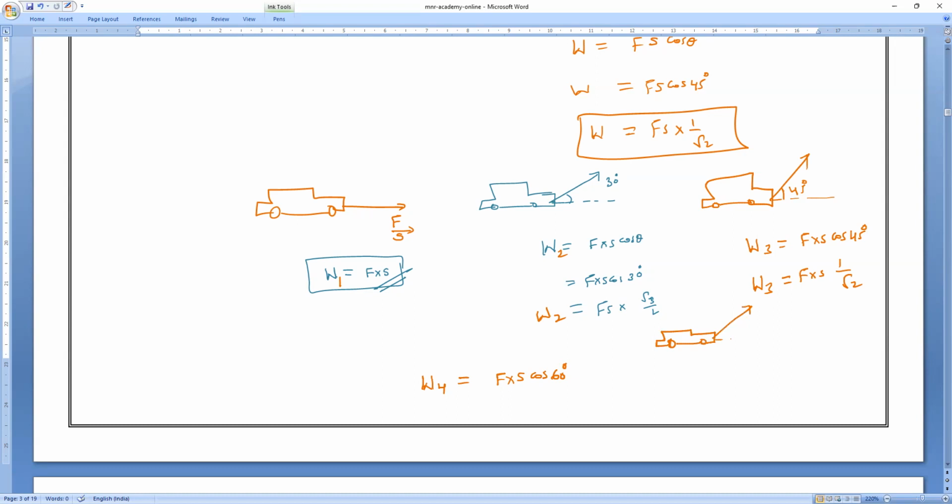So, join back. Mr. Sam made an angle of 60 degrees. So, in this case, work done is equal to F into S cos 60. Cos 60 value, how much? Verify it, everybody. 1 by 2. Cos 60 is 1 by 2. So F into S means W1. Am I right? So if Sam applies the force at a